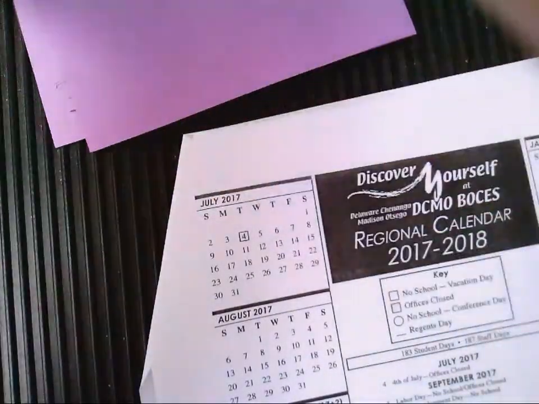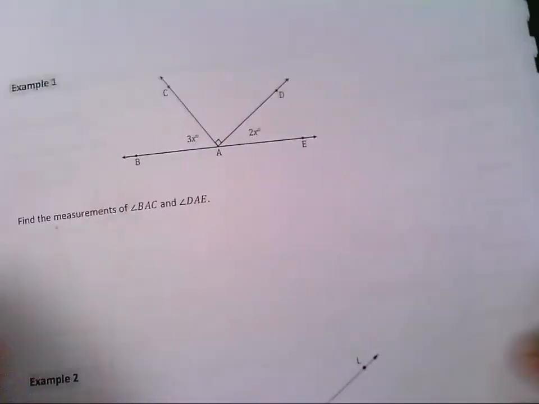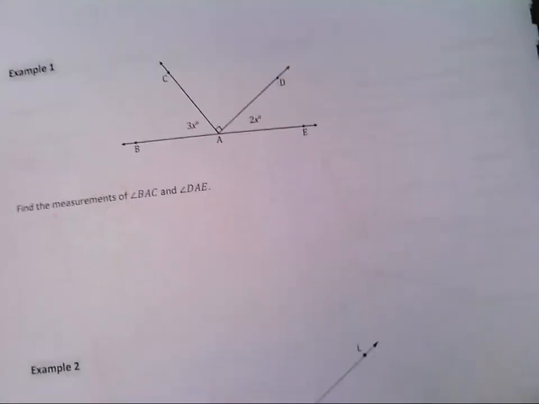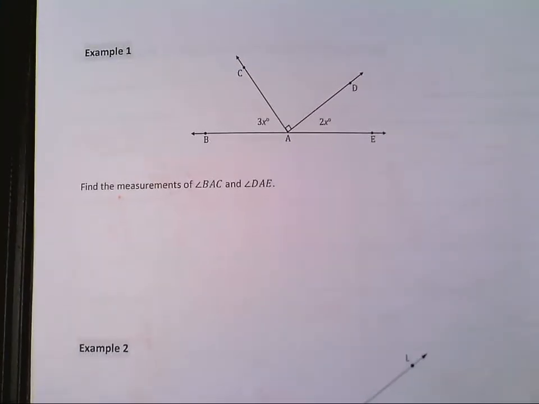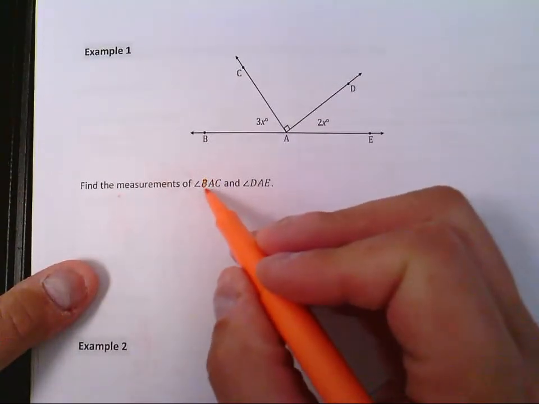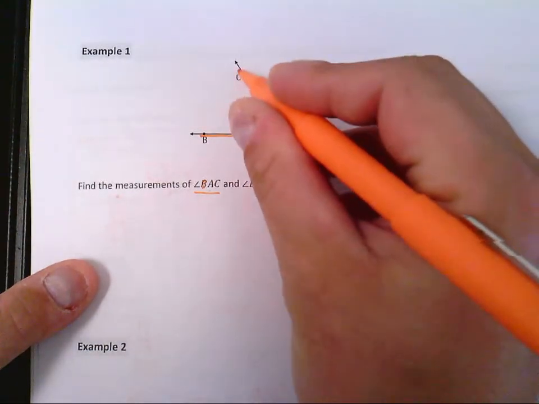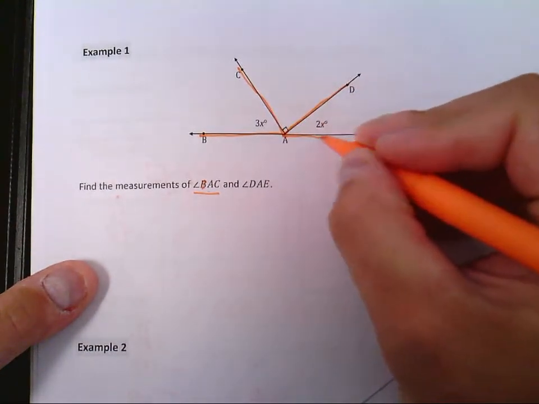And in these examples, I'm going to model using algebra. So this video might last a little bit longer than some of them usually do, but here's example number 1. You're being asked to find the measure of angle BAC. Remember we talked about getting the gist. What are we looking for? That angle, and we're looking for that angle,